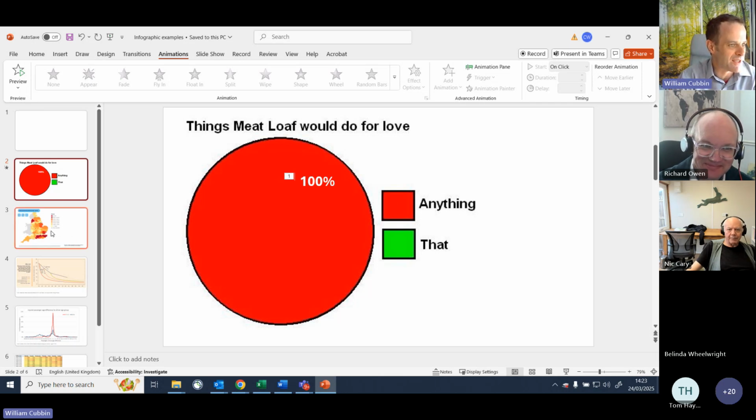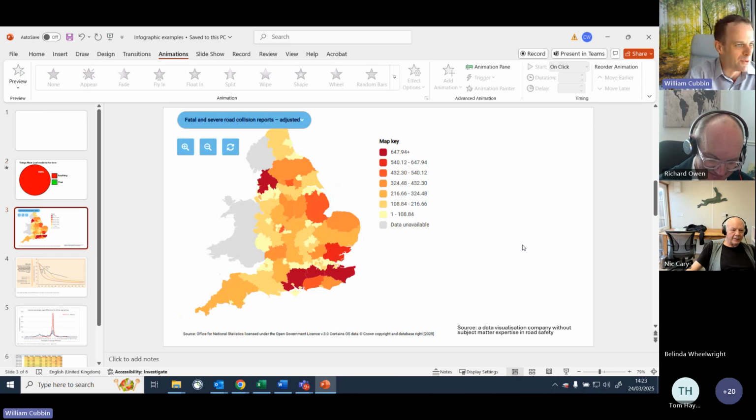The next one I want to show is more of a bad example. I've removed the name from this. It's from a professional data visualization company, but not one that operates in the road safety sphere. And I think that's important to know, because it